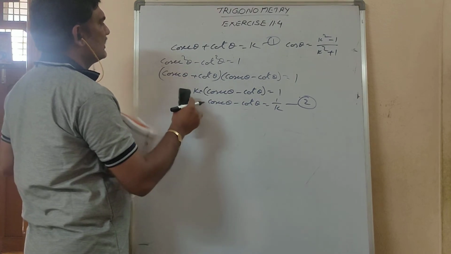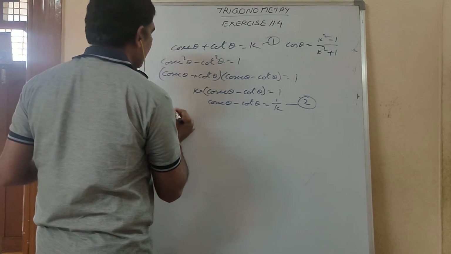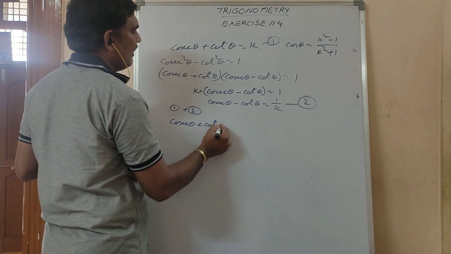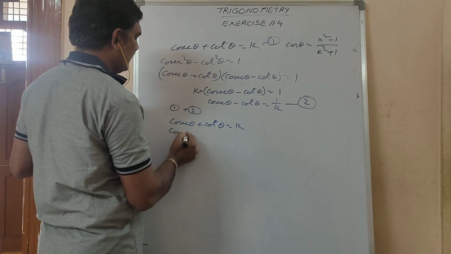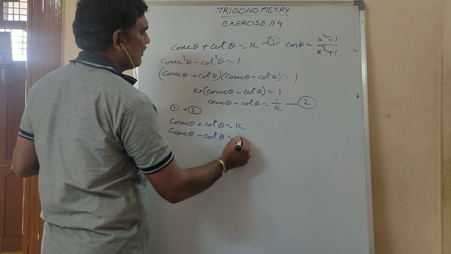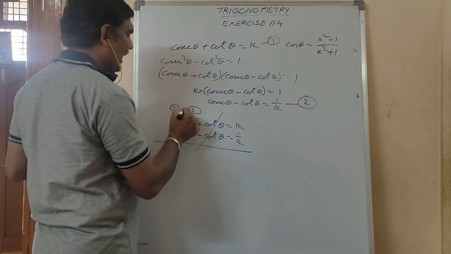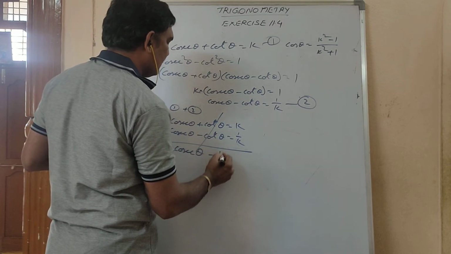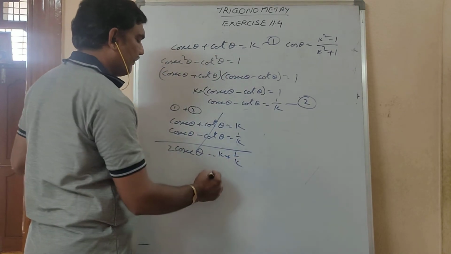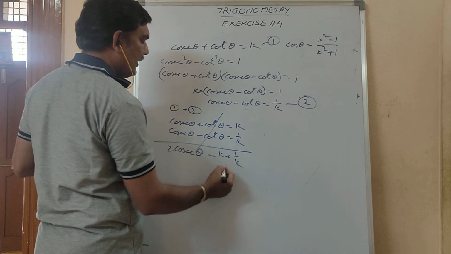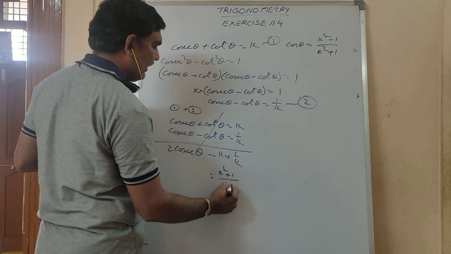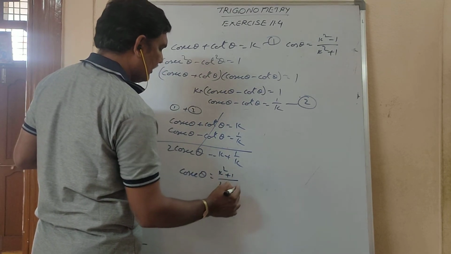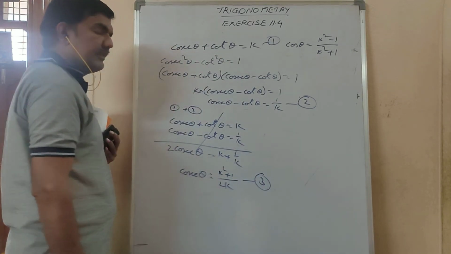Now, same. First equation and second equation, if I am adding, add 1 and 2. Cosecant theta plus cot theta is equal to k. Cosecant theta minus cot theta is equal to 1 by k. If I add these two, plus cot theta and minus cot theta will be cancelled, and I am getting 2 cosecant theta is equal to k plus 1 by k. This LCM I won't explain always, you already know it. I am writing directly. It is 2 cosecant theta, and this 2 also I am taking to this side, 2k. It is equation number 3.